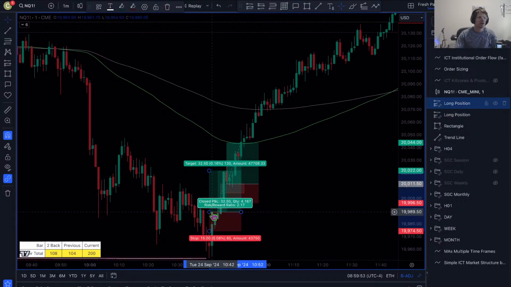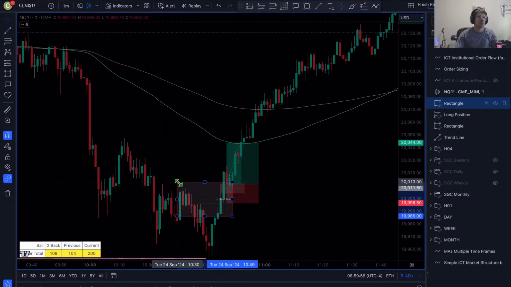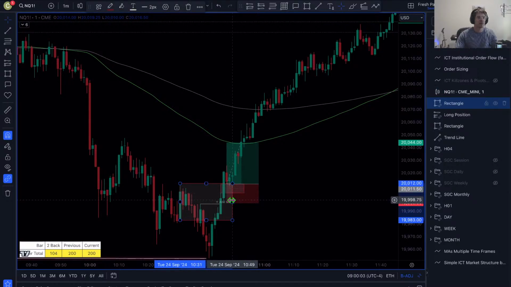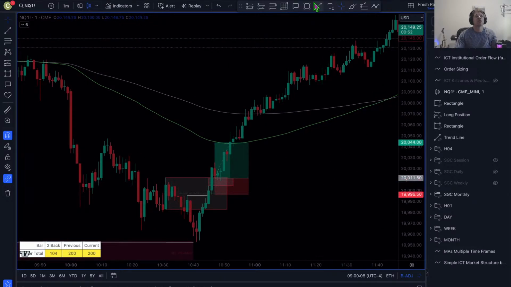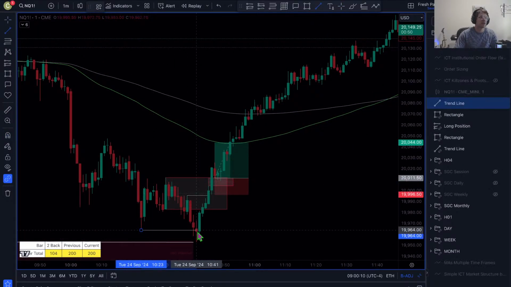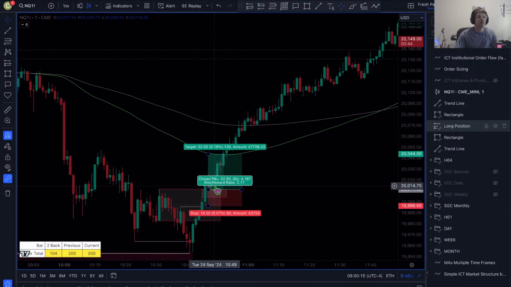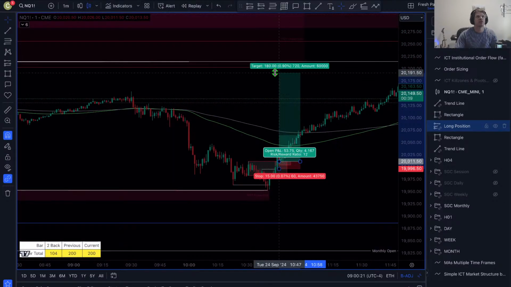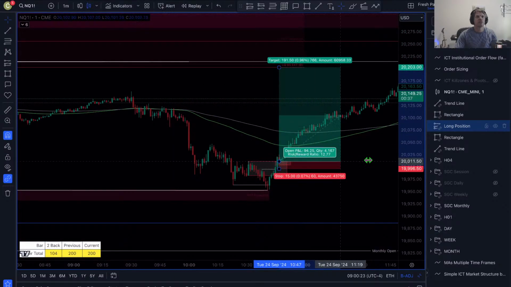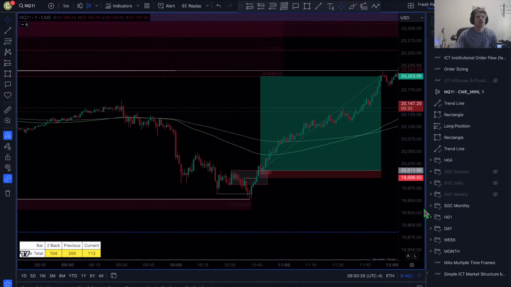Arguably, you had a nice breakthrough of this breaker block here, right? And so if you take the wick to wick on that, you close, came back into it, and it was a fair value gap. So I believe that's deemed a unicorn entry, and you had this sweep down here that then was getting into that H1 projection and also the previous day low in this case. So that was potentially your trade, and then we had the high of the day, and also this was a real target up here. So that was a solid entry on that reversal, 12 to 1,